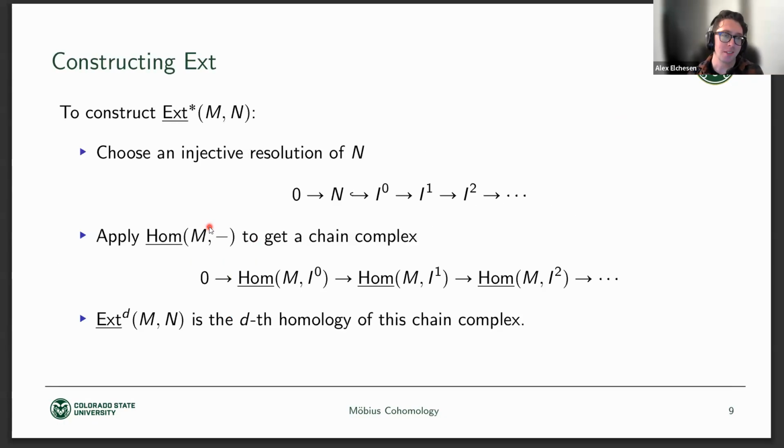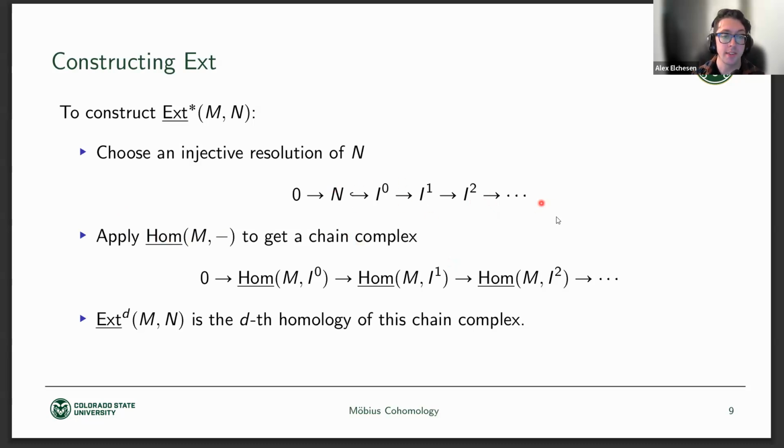Okay, and so the recipe for constructing Ext is the following. You start with the module that you're Ext-ing into, so N in this case, and you construct what's called an injective resolution. That's an exact sequence where you include into an injective object in your category, and then you continue that sequence as an exact sequence. So you compute some injective resolution. I0, I1, I2 are all going to be P modules, but they're going to be these special injective P modules. And then you apply your enriched hom from M to that